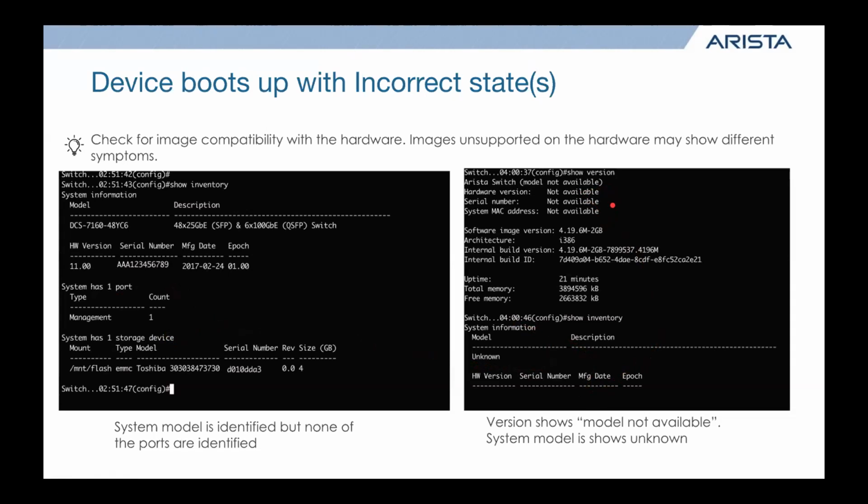What this means is you've upgraded to a software that doesn't support that hardware. For example, we talked about if you had older hardware where the new software is not supported, what happens is in that init sequence, it checks for that product specific information. And if it doesn't find that product in its own internal code base, it'll try to boot the best as it can, but it can't properly interact with hardware. So it can't bring that stuff online. It can't even really identify what hardware it's on. Most of the time it'll still bring up the management port, so you still have basic access.